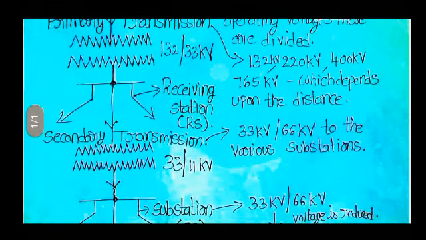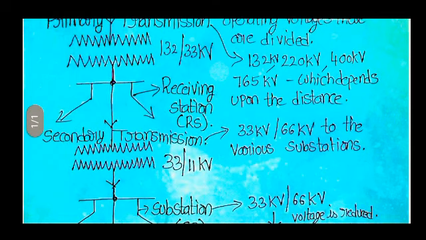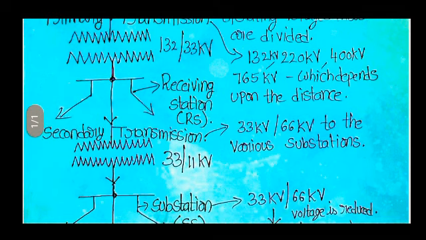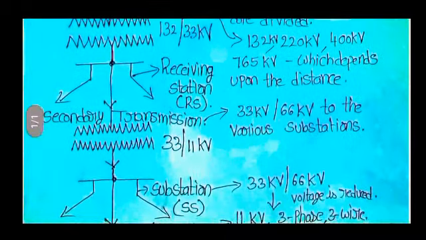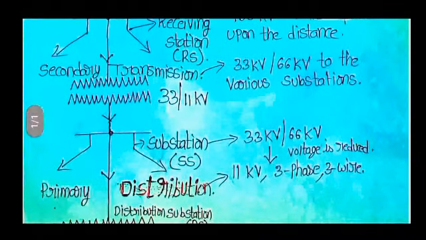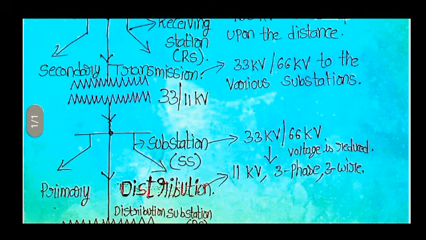The function of distribution lines is to deliver the power from substations to the various consumers. It also depends upon the operating voltage, and these distribution lines are divided into two types, namely the first one, primary distribution lines, and the second one, secondary distribution lines. If you observe in this slide, you can see the 33 kV is stepped down to 11 kV, so it is fed to the substation. Mostly the distribution lines deliver the power from substations to the various consumers.